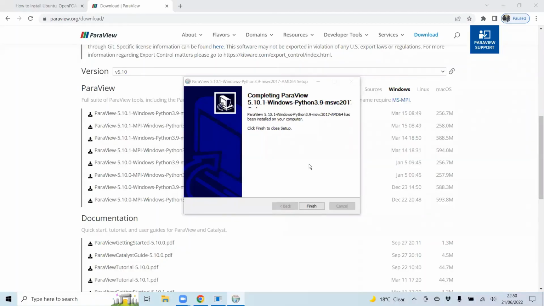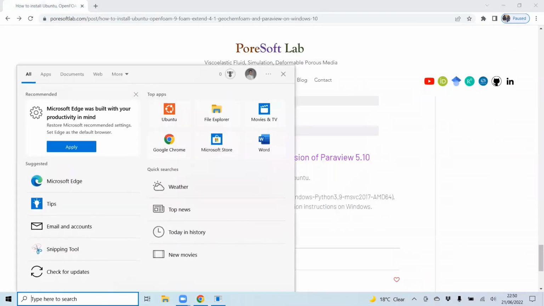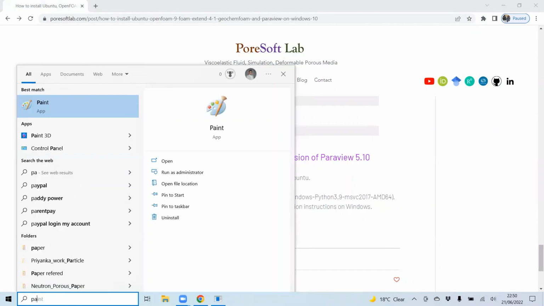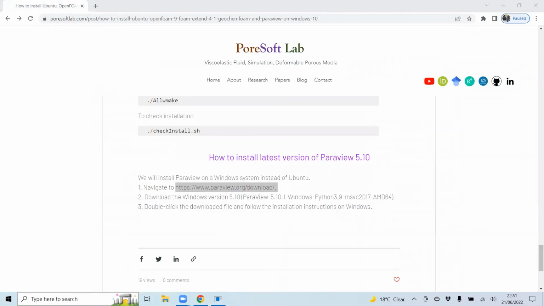So ParaView got installed on my laptop. So finish it and close this window, and I can see ParaView. Just type it here, ParaView 5.10.1, and then it will open up.